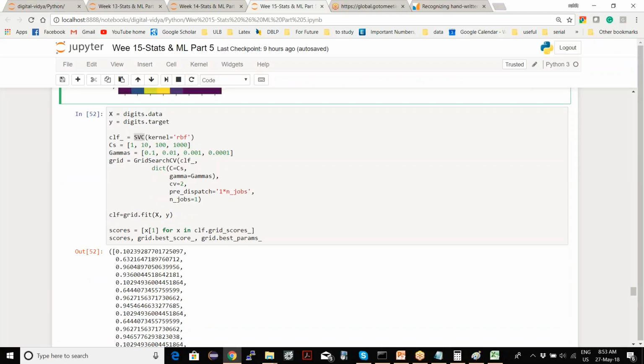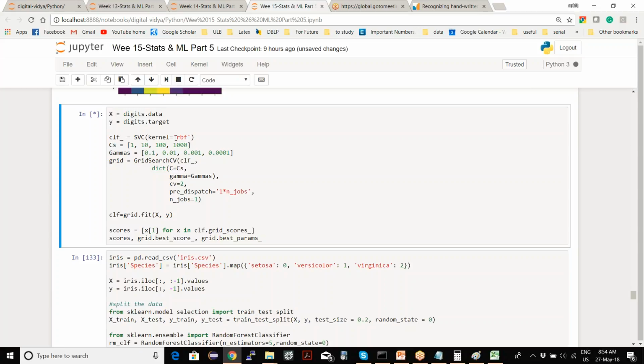So what we are doing here is we are training a support vector machine. Support vector machines are very good for digit recognition kind of problems, and it has multiple parameters. We're not going into details of these parameters. There's a parameter called C, there is a parameter called gamma, and then there's a parameter called kernel also, which kernel you want to use and all those things. So you can run this model.